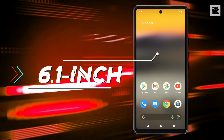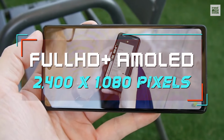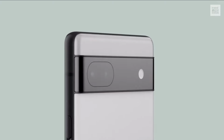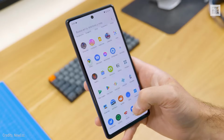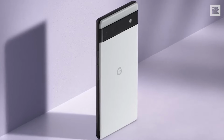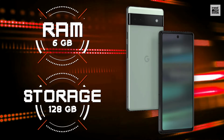The Google Pixel 6a features a 6.1-inch Full HD Plus AMOLED display with 2400 by 1080 pixels. And to make it even more durable, it's protected by Gorilla Glass Class 3. It's beautiful and very resistant. On the other hand, it features the Tensor processor with Android 12 operating system and also features a Titan M2 security coprocessor. Excellent! Its RAM is 6 GB, surpassing the iPhone 13 in that aspect, and it has 128 GB